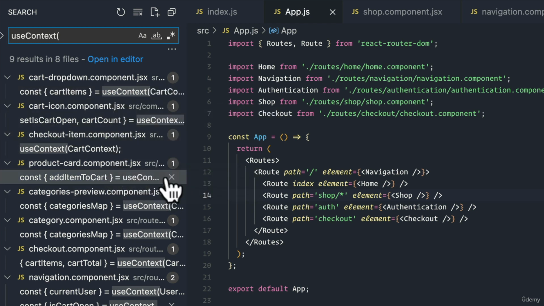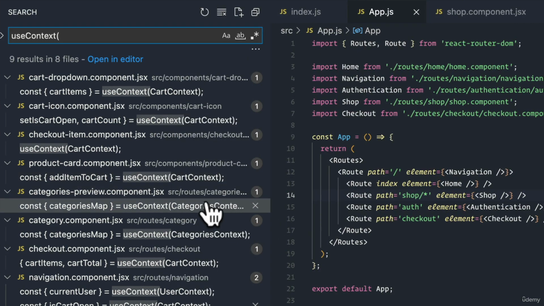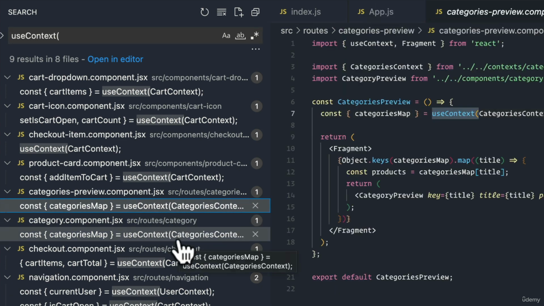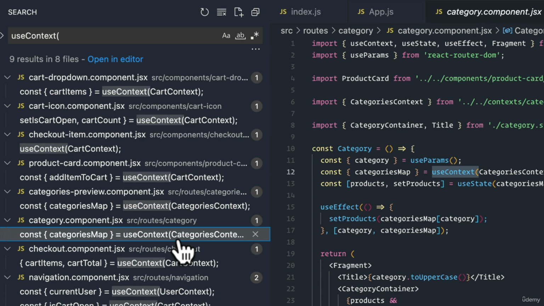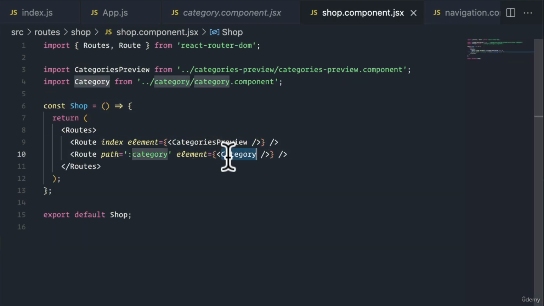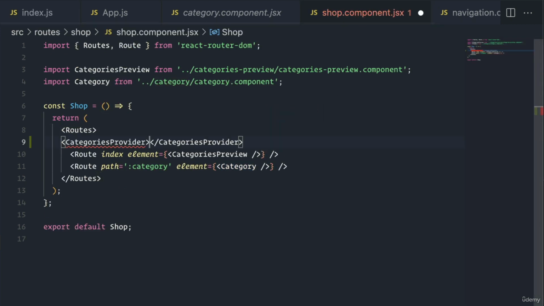So here we see that inside of our different components, we're only using it in two places: the categories preview and the categories component. If we remember, both of these are only components that live inside of the shop page, both the categories preview and the category. What we can do is we can actually take this categories provider and just wrap it around the shop component, like so,